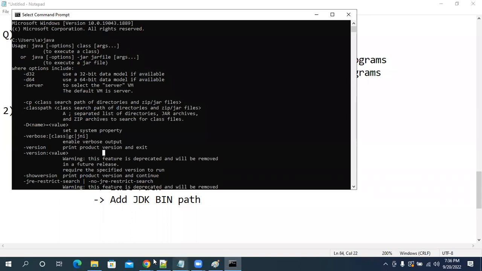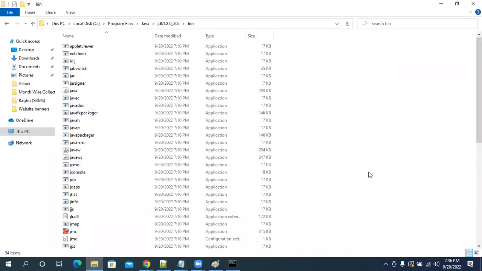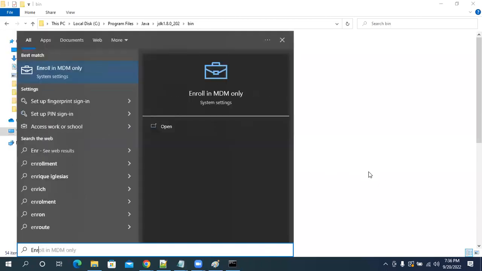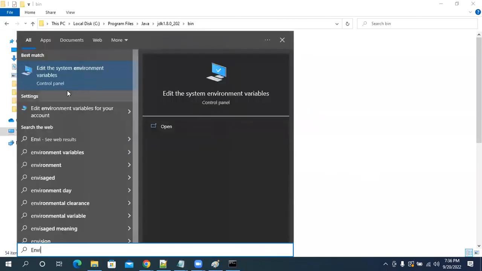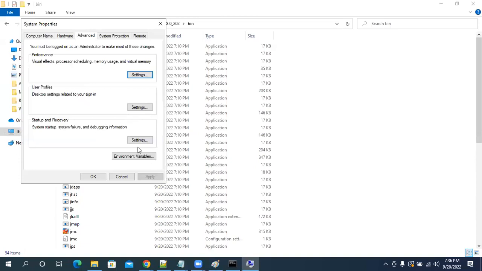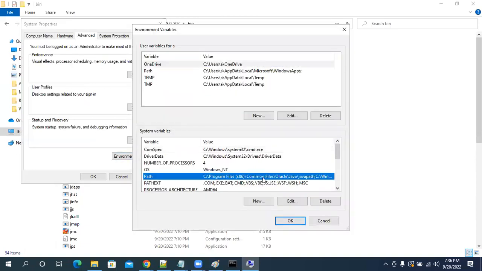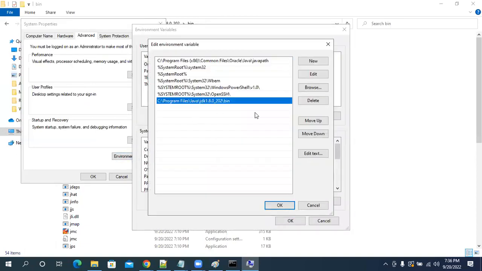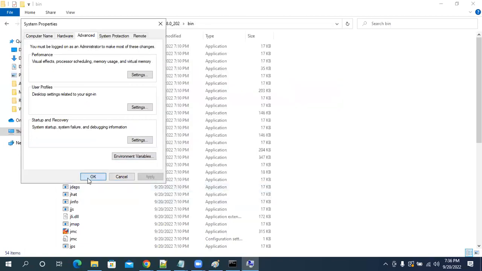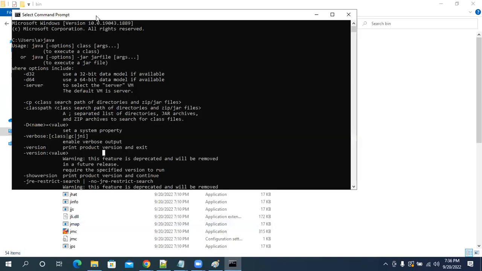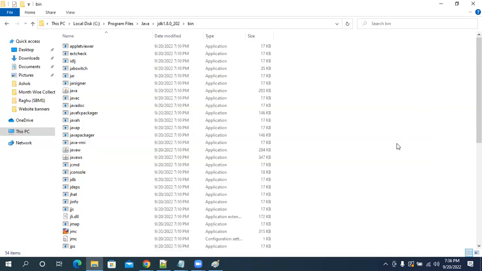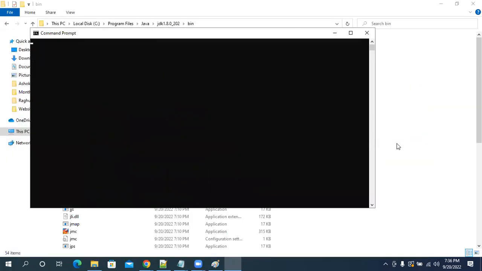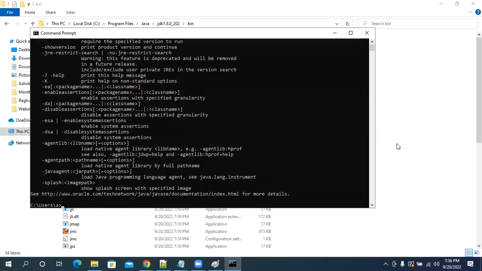Suppose this path is not available, let me again go to environment variables, system environment variables, Path, click on edit. I am deleting this. Path is available or path is not available. I have deleted that. After deleting, I'm executing this.